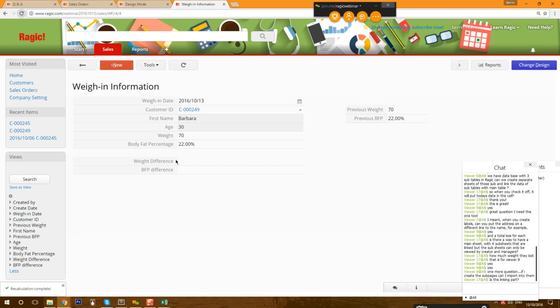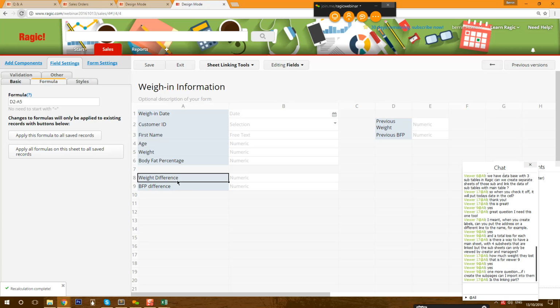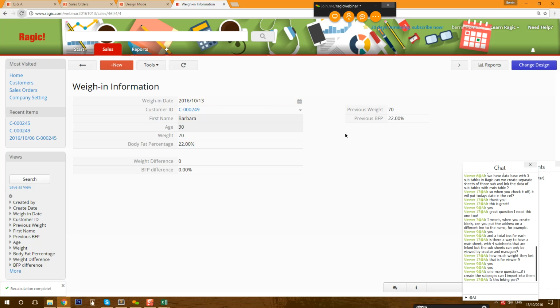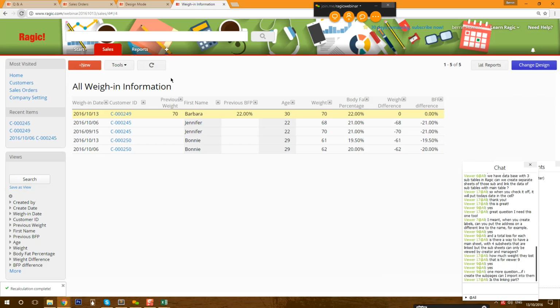Okay, so right now there's not going to be a difference for Barber or anyone else, I think, because we all have their previous weight and BFP the same as their current, as you can see. But if I add a new entry for Barbara,